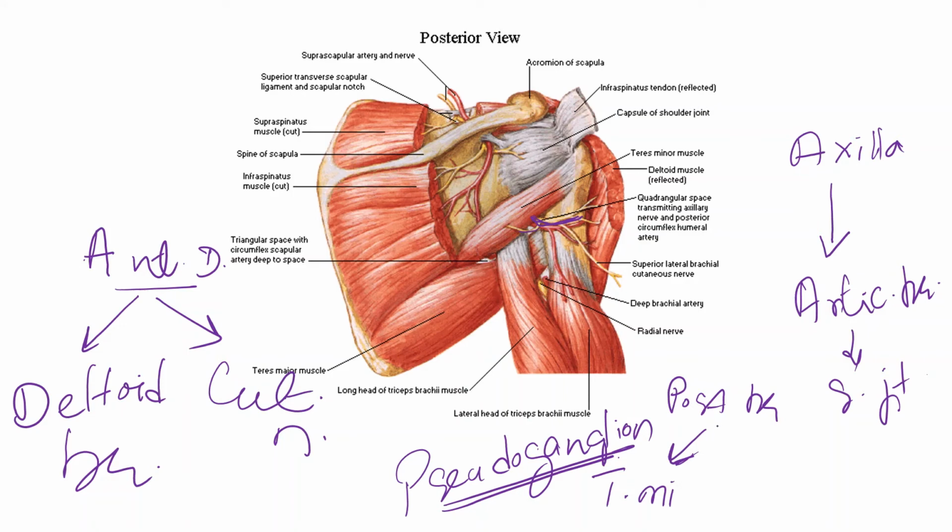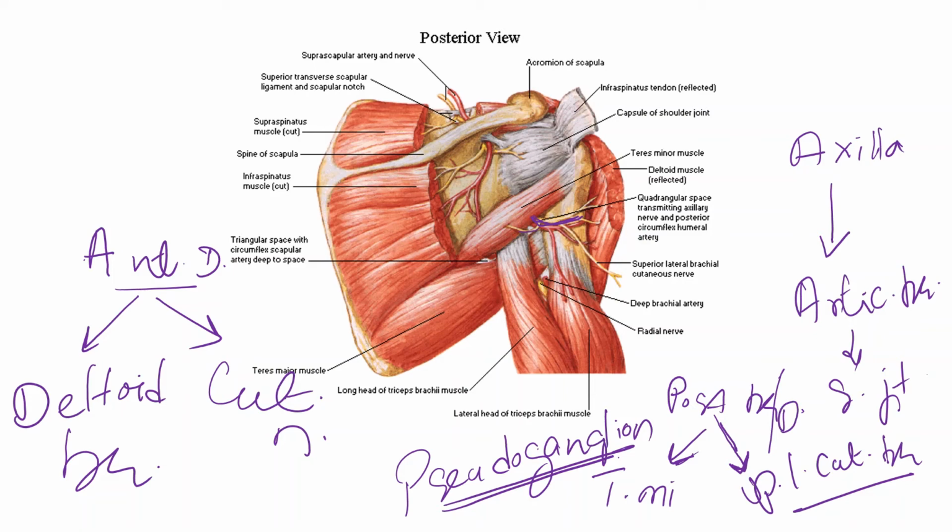Other than the muscular branch to the teres minor, the posterior branch itself continues down by piercing the deep fascia as the cutaneous branch, that is the upper lateral cutaneous branch. The upper lateral cutaneous branch supplies the skin over the lower part of the arm. So this is about the fate of the posterior division or the posterior branch of the axillary nerve.